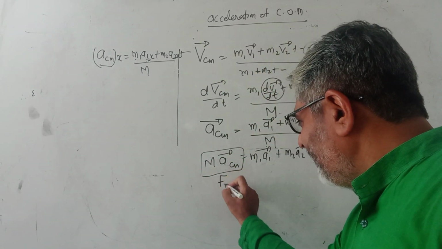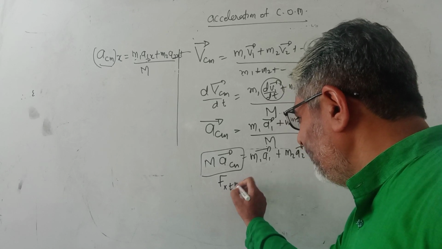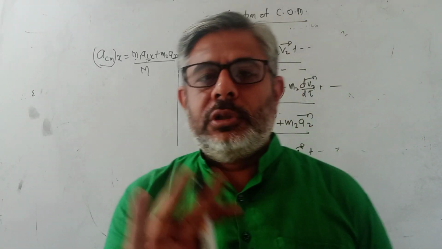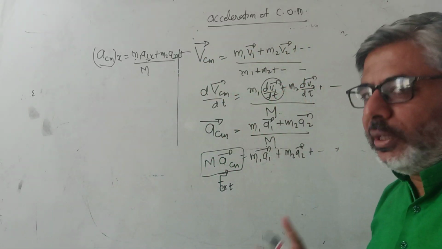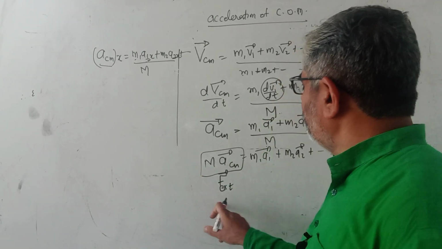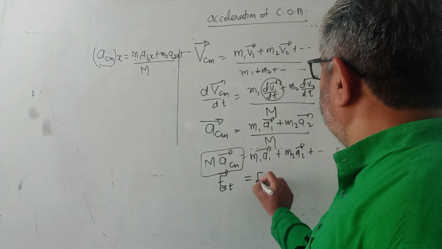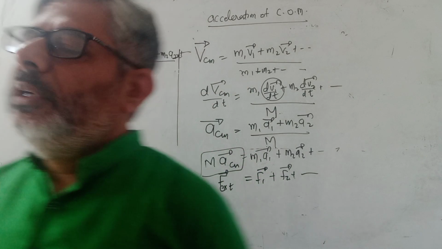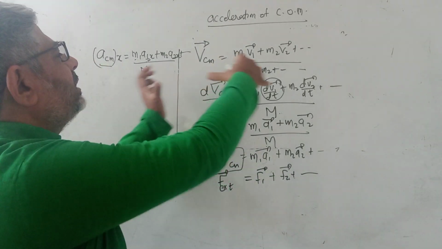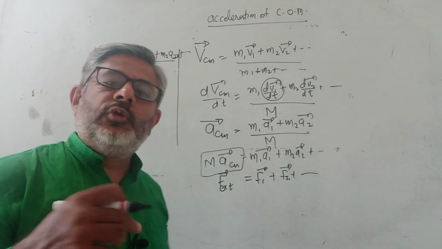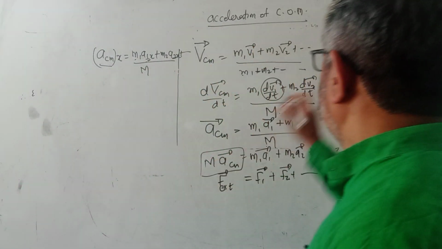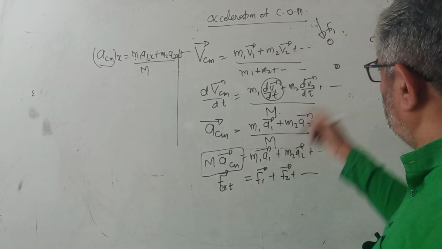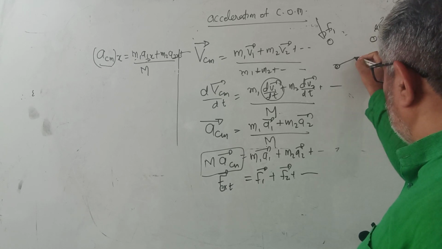So M ACM is nothing but, if this is the F external, Newton sir said that the external force is mass into acceleration for a constant mass system, if the mass is not changing, not like rocket propulsion. For a constant mass system, this is mass into acceleration, which is external force, and then it becomes F1 vector plus F2 vector. So you get a very common sense result out of this actually. You get that the total external force on a system of particles is the sum of the individual forces which are acting on those particles. As for example, these are 3 point masses. On this there is a force F1, in vector of course, this is force F2, and this is force F3.